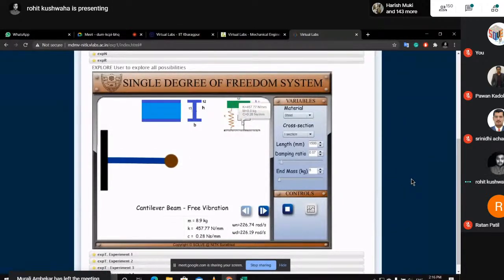So about the cantilever beam, again, if you hover over it, related information is given. In the variable tab, this is very dynamic. Not dynamic, but yeah, we have the length. So the length is by